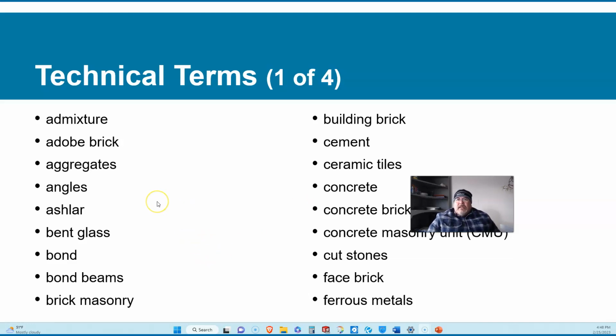specified size aggregates. Angles, for typical angles, are like 90-degree angles, 45-degree angles, 30-degree angles, 60-degree angles. Being able to just look at an angle and know roughly what it is. Ashlar, bent glass, bond. What does it mean? A bond beam, brick masonry, building brick,